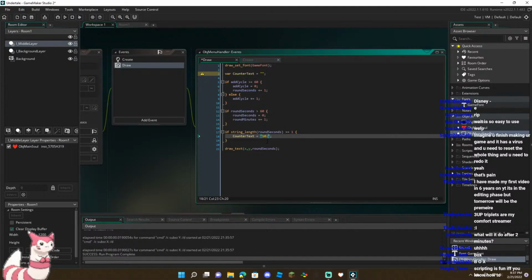Like minute, second. Wait, no, wait. Is that it? Like that. Wait, what? 34. This would be minute. Okay. So I want minutes to be there, and I want seconds to be here. So I'm going to replace my draw text with counter text, and I'm going to replace